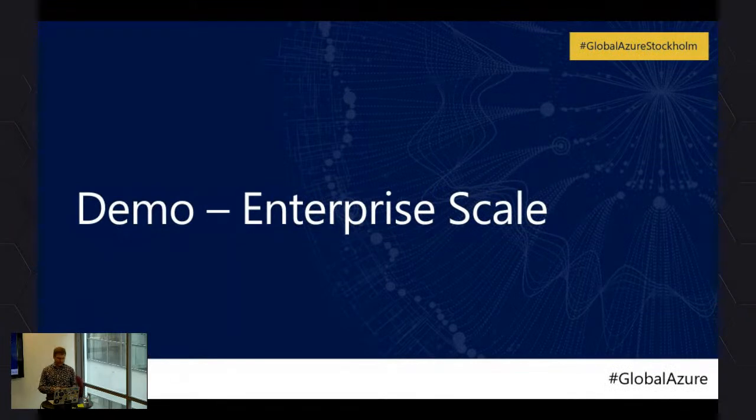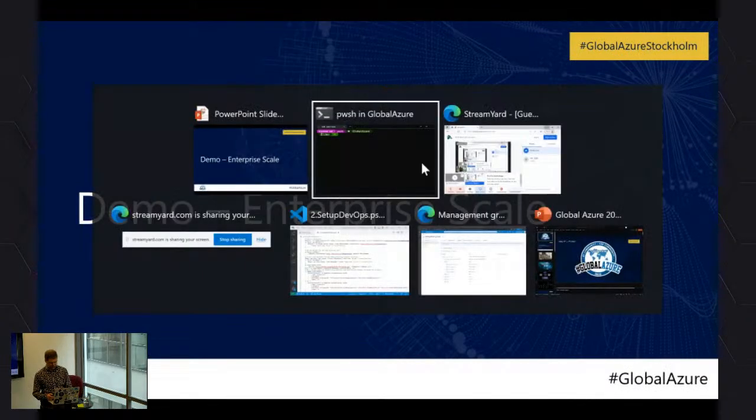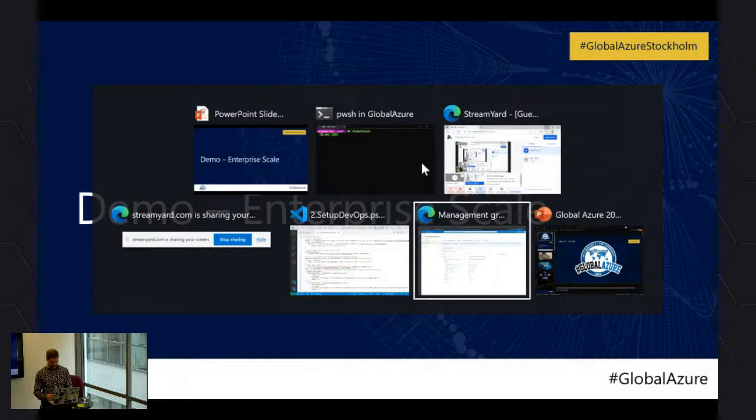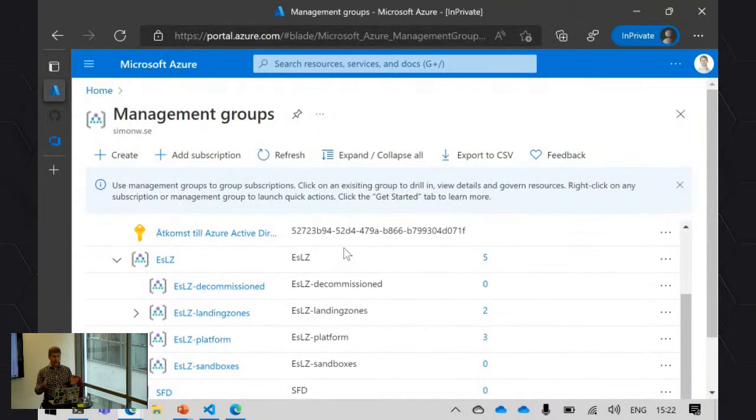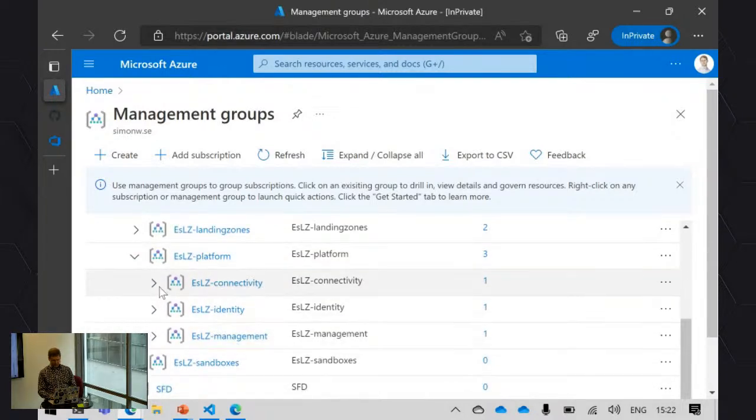So let's look at how this would look in reality, or at least in my demo environment. I have set up the enterprise scale architecture example that Johan showed earlier today, and that will give us a root management group. I named mine ESLC for enterprise scale. You probably would name it your company name or something. And we get these management groups, and I have the platform part where I have my connectivity, identity, management, and